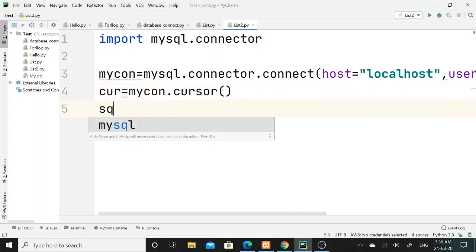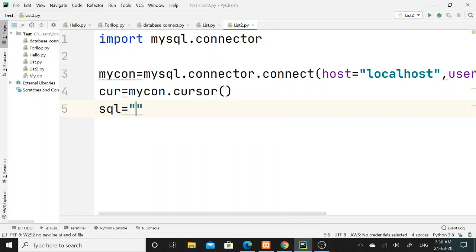Then later on I will declare the SQL variable, and here I will assign one insert query to the SQL variable. In the MySQL database, I have created one test database, and I have already created one employee table, and I am going to insert 4 records into the employee table.